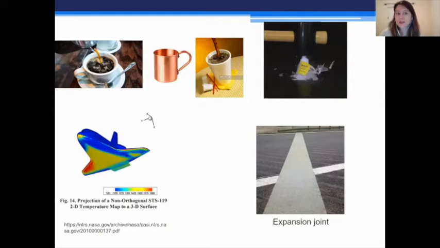And so during this change of temperature, you have contraction and then expansion of the structure, and this can lead to the distortion or deformation of the structure and failure of this building. And so this is an example of a bridge on which an expansion joint that will compensate this variation of dimension of